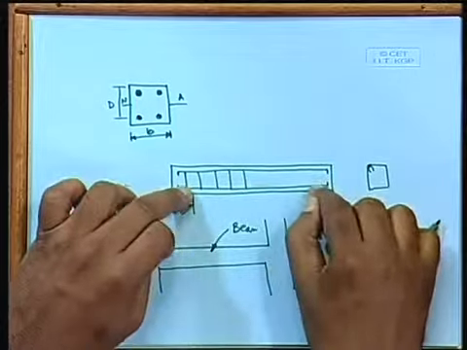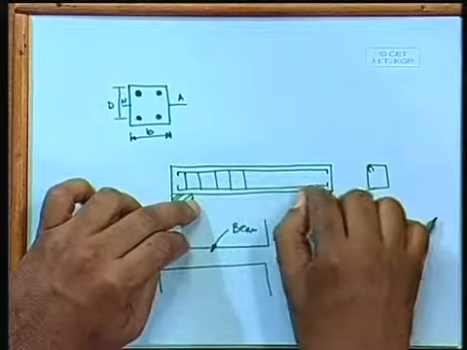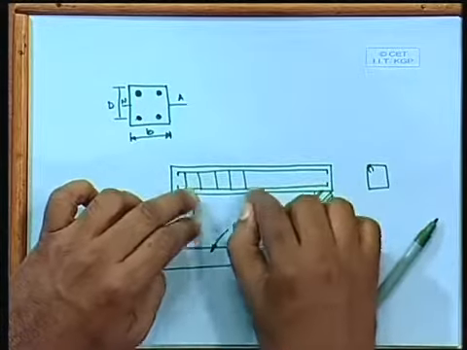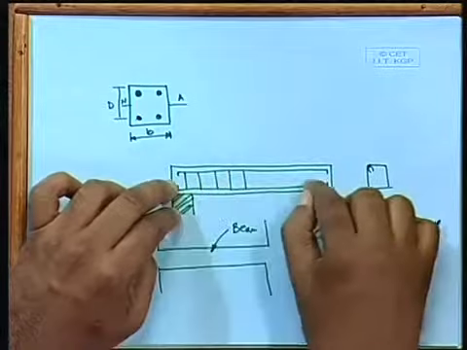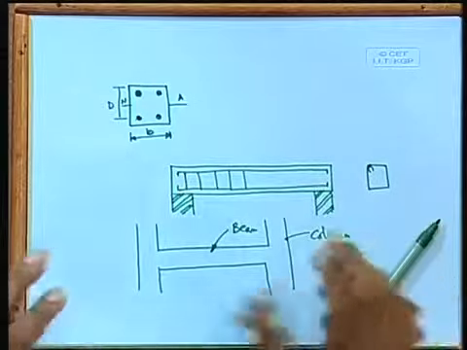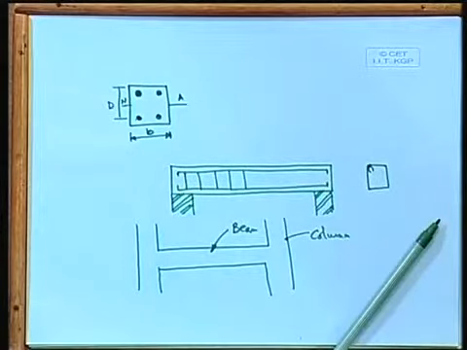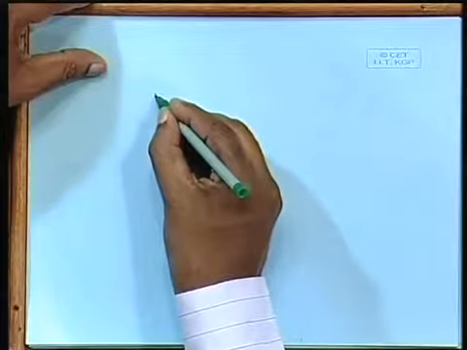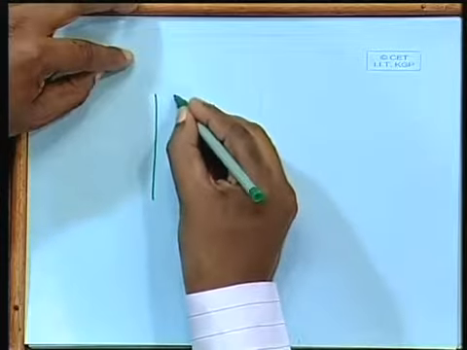Whereas in this case we have to design only for the span moment, because that is the only moment developed in this particular case. So even if we consider the support condition with some arrow, all those things whatever you have done so far, now you have to find out from your experience what support condition you will consider. If it is, say, the column, both sides column, it may happen like this also. I can show you one more example.